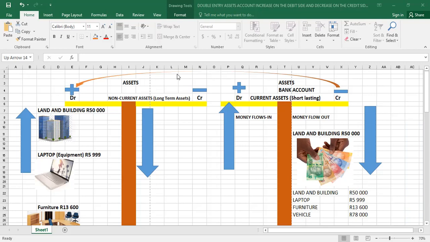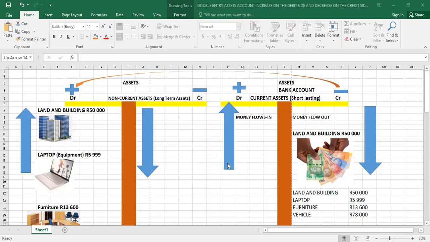Check the arrow. The arrow also illustrates something very important. This is our bank account. Whenever we buy, we are crediting our bank account. When we credit our bank account, what is happening with it? It goes down through this arrow. Every time you remove money from your business bank account, the bank account will go down in value. The money goes out from the business bank account, and the account will decrease.